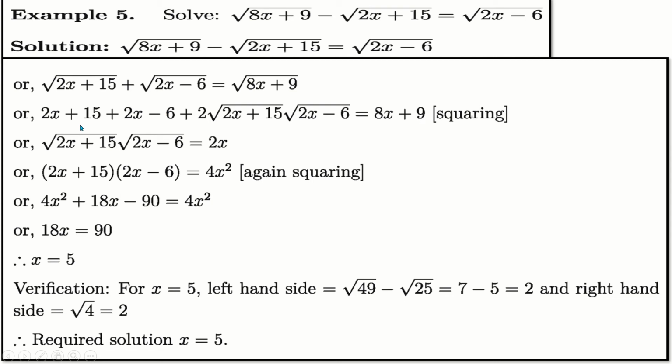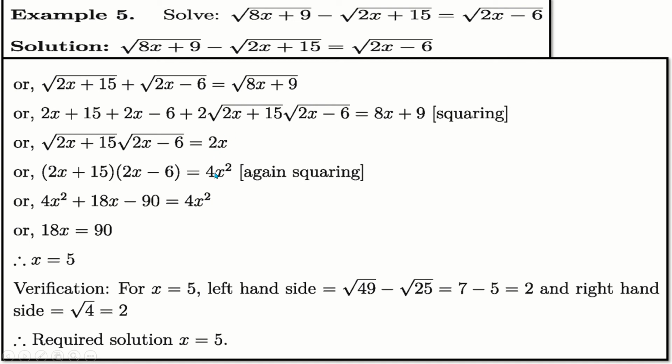Now calculating, here this means 2x and 2x, that is equal to 4x, but the right side 8x. So when we convert this into the right side, there will be 4x, and also 15 minus 6, that is equal to 9. So this 9 and this 9 cancel, and as here is 2, dividing on both sides by 2 we get only this part other than 2, and the right side will be 4x divided by 2, that means 2x.